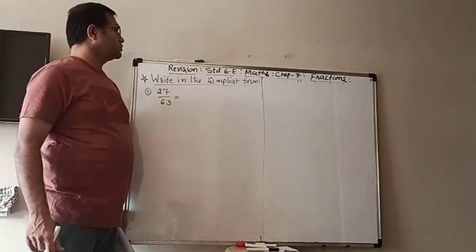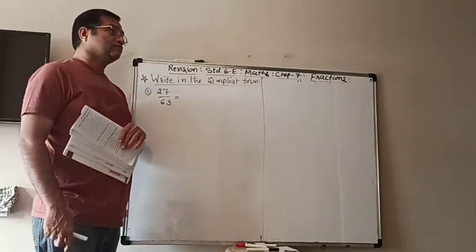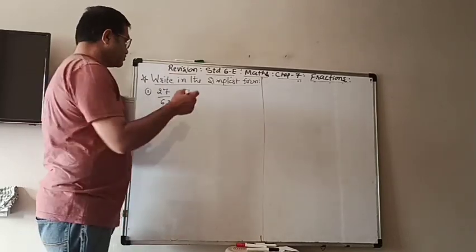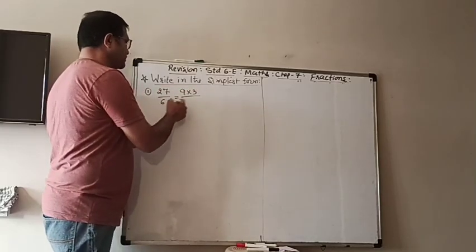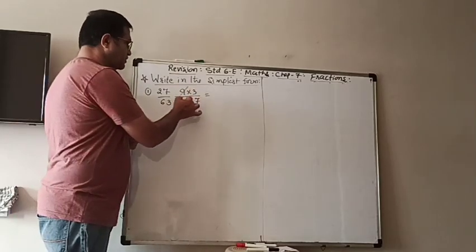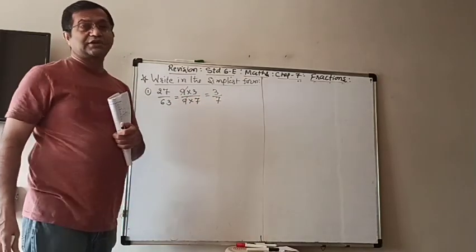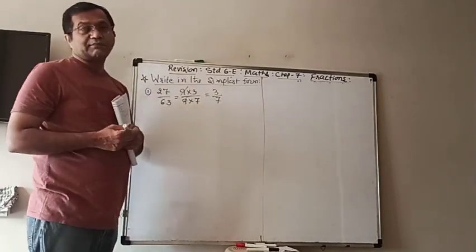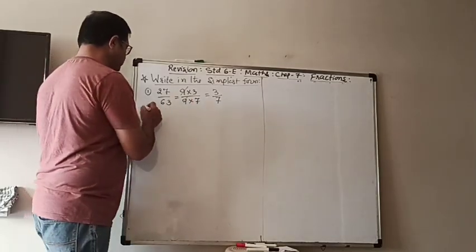So now to write them in the simplest form, what we have to do? We have to cancel the same factors. So now 27, 9 3s are 27 and 9 7s are 63. So now 9 is common in both of them. Check before you write down the final answer if there is still any cancellation. Now it is nothing because 3 and 7 both are prime numbers. They have only 1 as a common factor. So that is the simplest form of that.